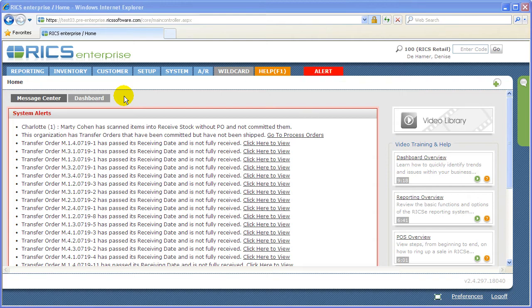You'll have information such as the date of the sale, the cashier that rang up the sale, the salesperson that sold the items, the customer, the amount paid, the SKUs, the sizes, and you'll have complete totals at the end as well. So to run that report, you're going to click on Reporting,